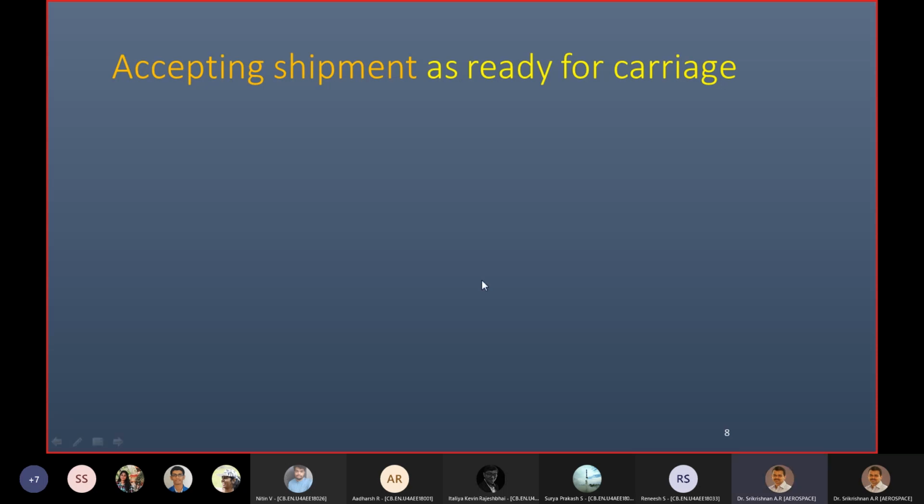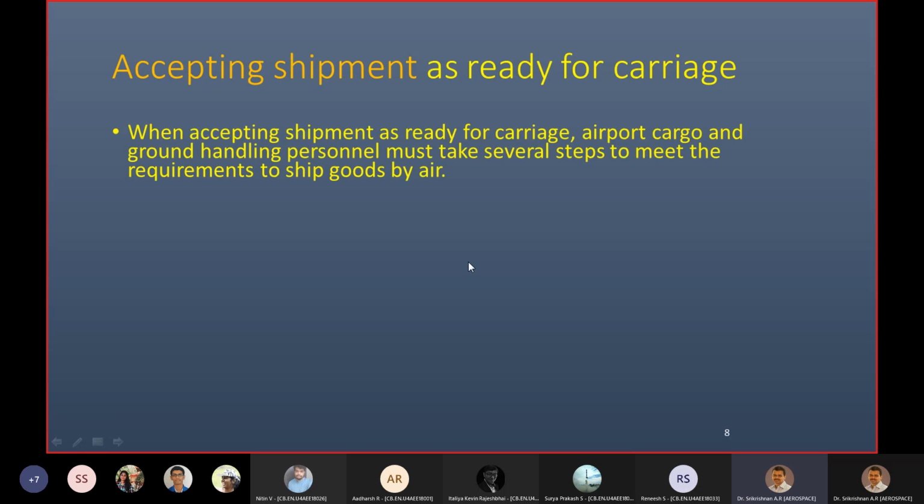First is accepting the shipment as ready for carriage. This is a very important step. Anything that is being handed over at the airport cannot be taken blindly by the airport staff to be loaded onto the aircraft. So while accepting the shipment,